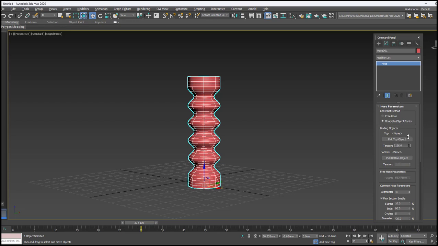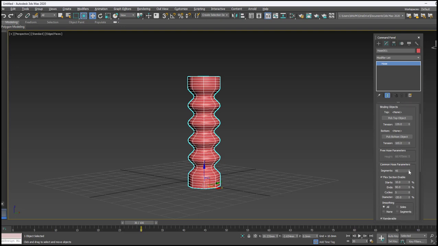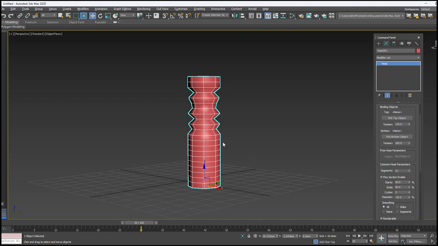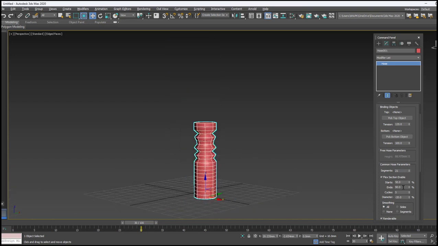Next, torus knot: click or modify, come out here. Number of segments to get the smoothness, decrease to get the hardness or polygon like this. Next, start, how much percentage you want to keep, this is the start. And then end percentage, how much you want to keep, like this.